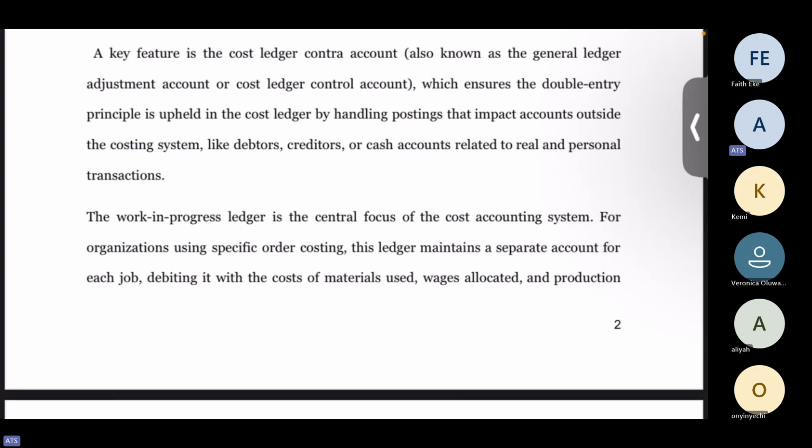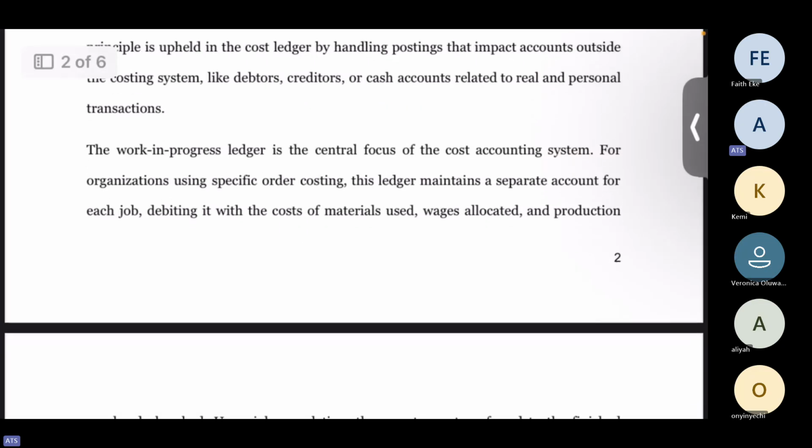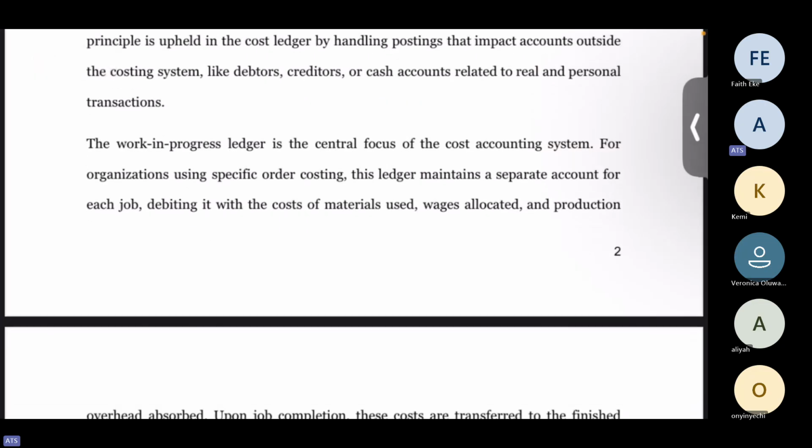So that work in progress is very important, because every raw material, every labor, every overhead, everything you buy has to pass through it to become a finished good. So it is one of the central focuses in a cost accounting system. Now, it depends on the type of organization. In an organization that uses specific order costing, or what we call contract costing